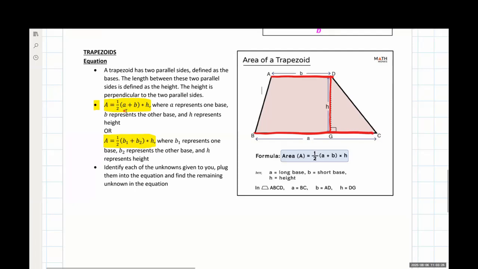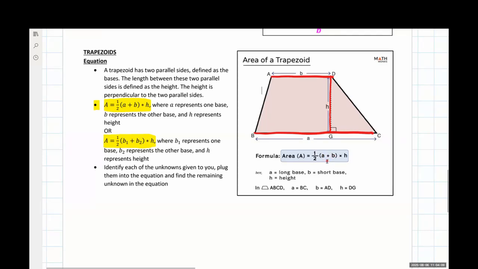And again, it's your choice if you want to use A and B, or B sub 1 and B sub 2. Both work. I do not care which one you use, and I am not aware of any other math instructor who's going to care either. The one thing I want to note with this picture, mainly to quash some ideas of there being more restrictions, is that it lists A as representing the long base and B representing the short base. This rule is not permanent. You could reverse which of these is A and B for the bases as much as you would want. They're going to add together the same way anyway.